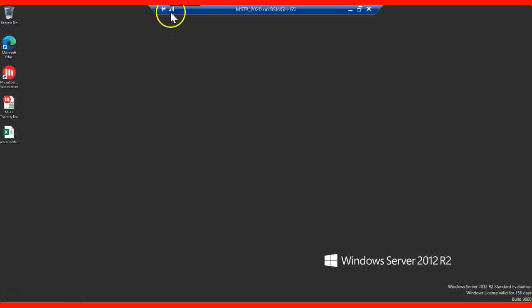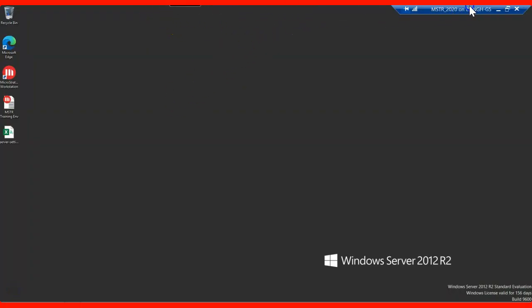So this is my virtual machine, and I have installed the Workstation and Intelligence Server on the same box. I have the web server on the same box also. So let me go to the Workstation icon. This is the Workstation icon. You can find it on your desktop. If not, you can find it in your Start window as well. You just need to open this, run as administrator.